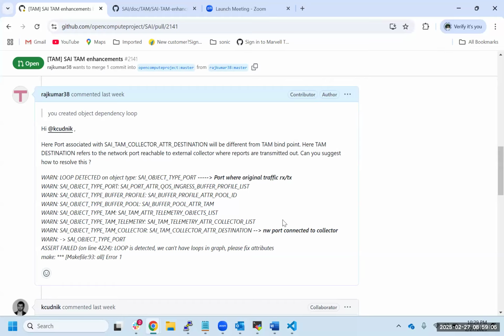Yeah, Ravi, a point about this: these ports will be different, right? Let's think about a leaf-spine topology. This is the uplink port on the leaf. Usually if you're monitoring something on the leaf switch, the reports will go out on that uplink, because the collector is somewhere else in the network. So you will use that uplink port to send the report out. Also, the traffic coming from the spine will arrive on the same port, and you will want to monitor that.